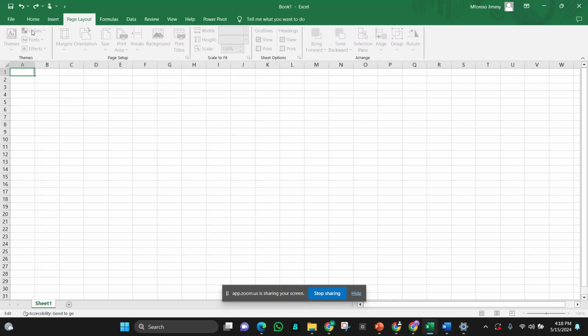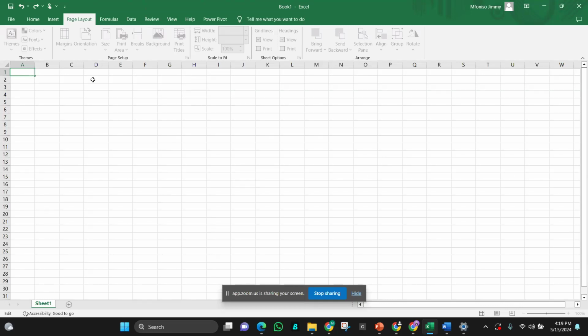We have here color, the fonts, the effect, the margin, the size, the print area. The break is to break the pages into two or more. The background is to insert whatever picture you want on this sheet. Then the width and the height are to change the width and the height of the sheet.